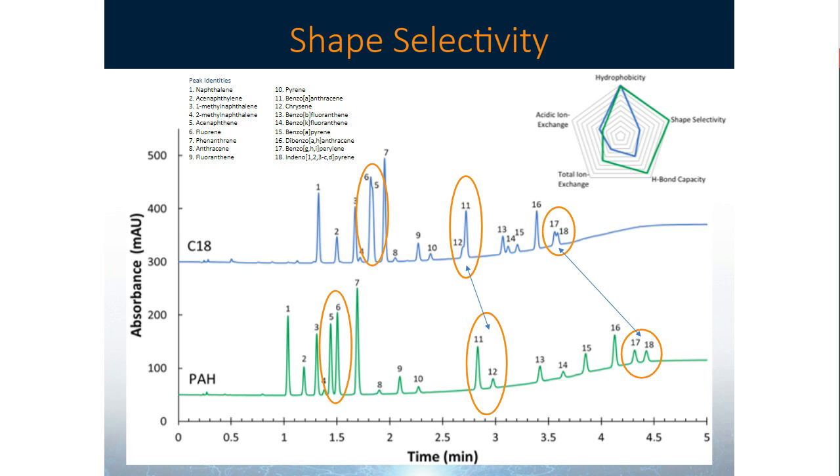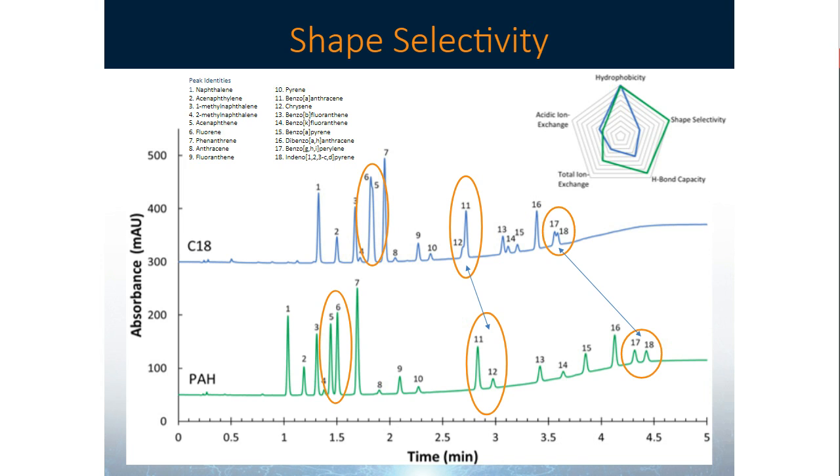Compound 11 is benzo[a]anthracene, and 12 is chrysene. And you can see you're getting baseline resolution on the PAH phase compared to the C18. And then finally, compounds 17 and 18 are co-eluted on the C18 in the top blue trace, but they're resolved in the bottom green trace. And those compounds are